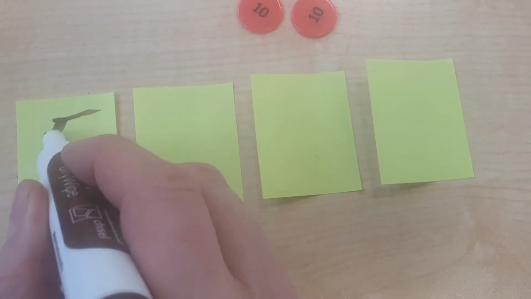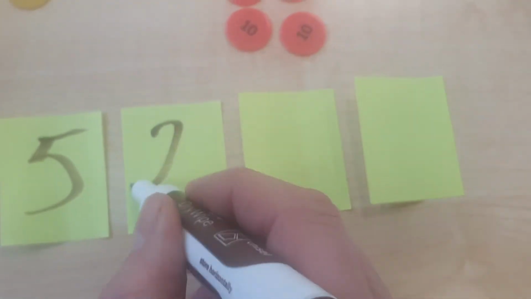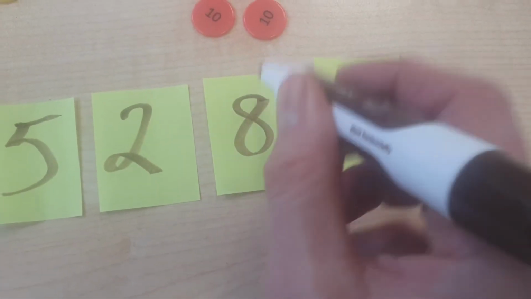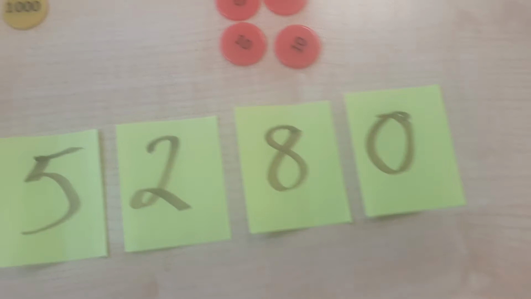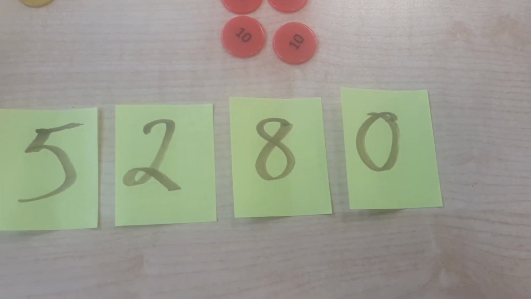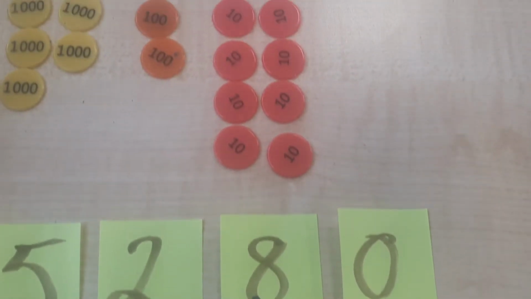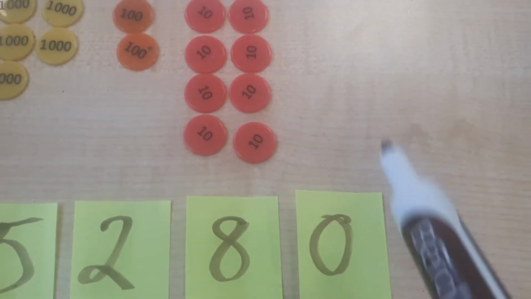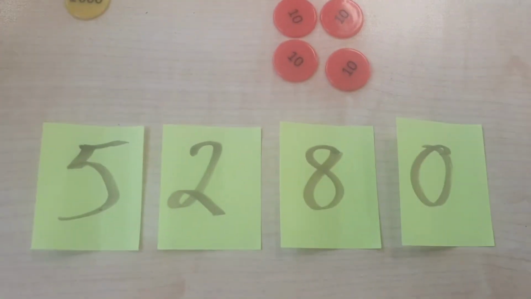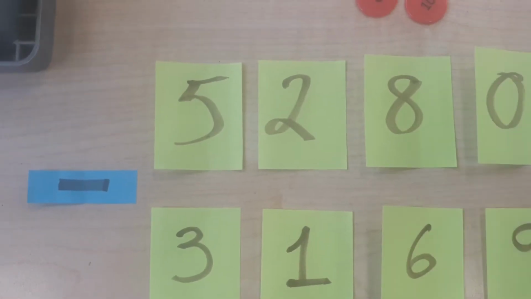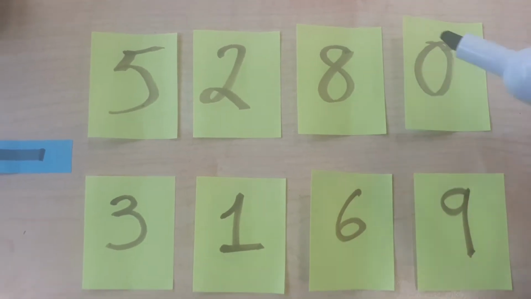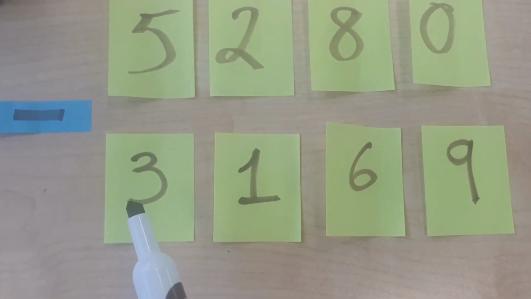So we've got 5,000, 200, 8 tens, and no ones. 5,280. Okay, so that's how much she had with her,